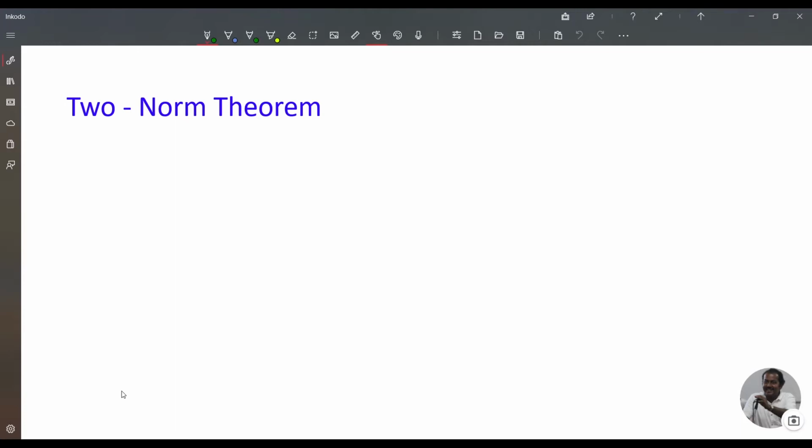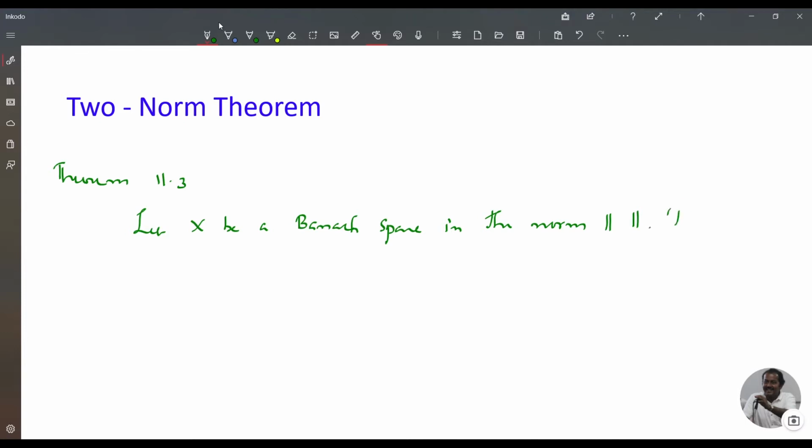So if we state theorem 11.3, let X be a Banach space in the norm, then a norm dash on the linear space X